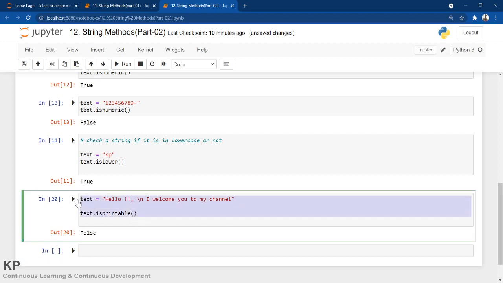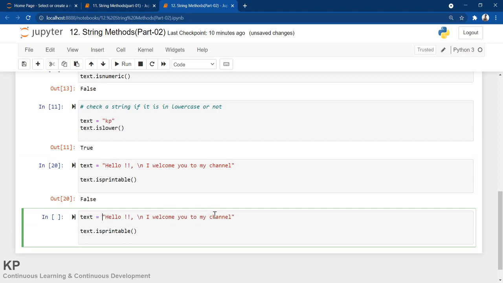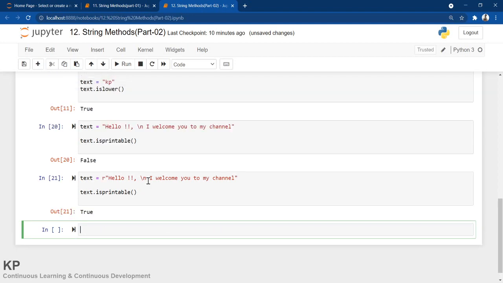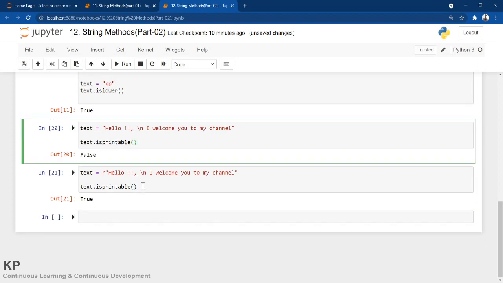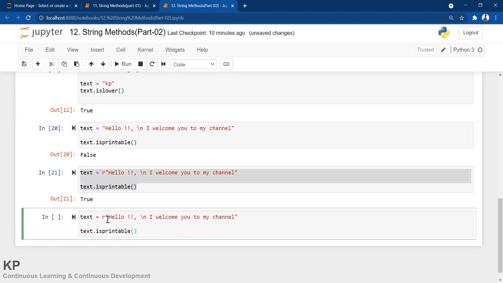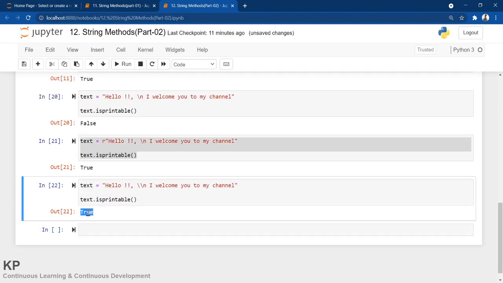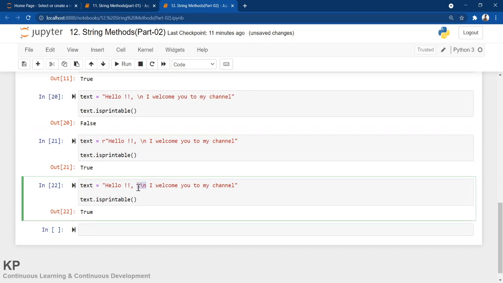So let me show you. If I copy this same thing and paste it over here, and instead I put here an r. Okay, so now let me check. Yes, it is printable because slash n is now printed. I had already shown you previously manually with an example. Another way of doing this, let me copy again and paste it over here. I'm removing this r, and instead of r you can just put another slash. Yes, this is also giving true. If you do remember, all these things I have already explained in the last to last video, I think.